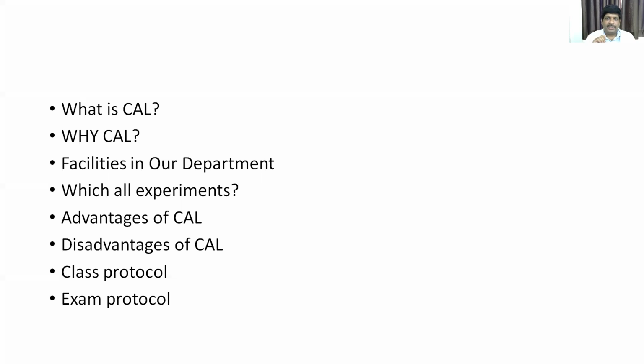Likewise, we'll explain each drug, and then we will show you how to record it. That means how to make a table, what you need to put in the columns, what you need to put in the rows, and how your observation table should be. We'll also tell you under what heading you need to jot everything down in your record.